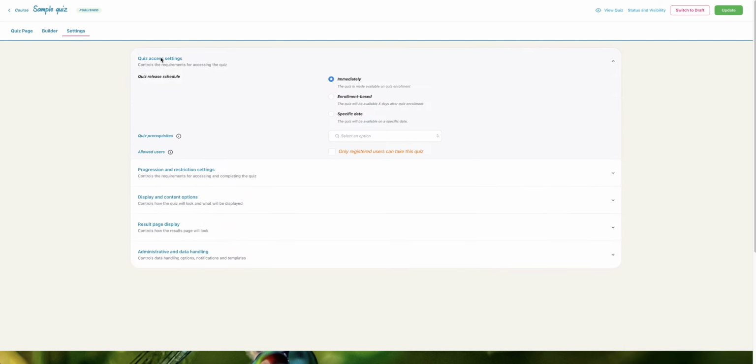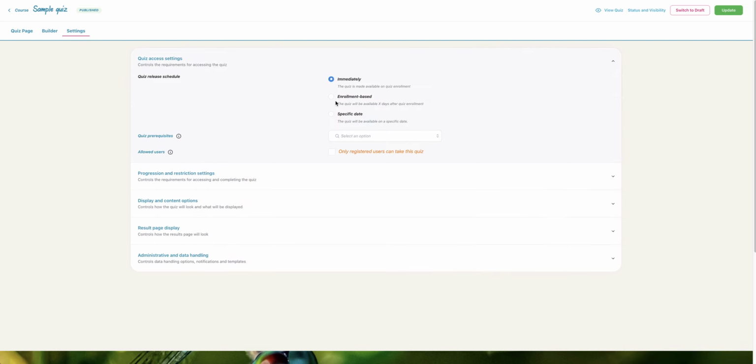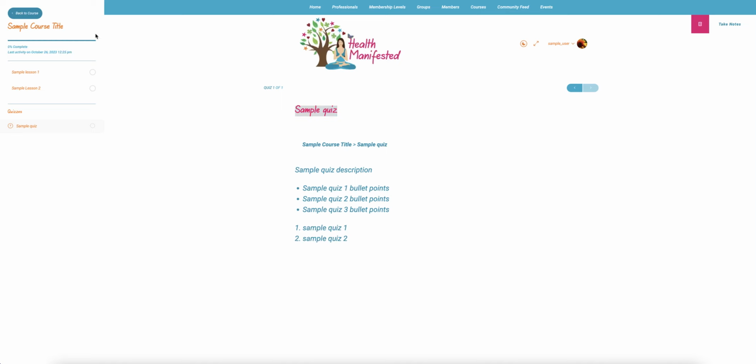You can now go to the settings, and you can do the settings on a global level that we did individually, whether they can access it immediately or in a certain amount of days or on a specific date. The rest of the settings I wouldn't really touch, but you can hit update and look at the quiz. So you can go back